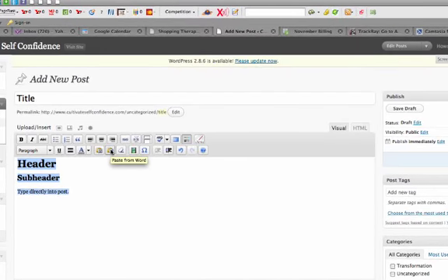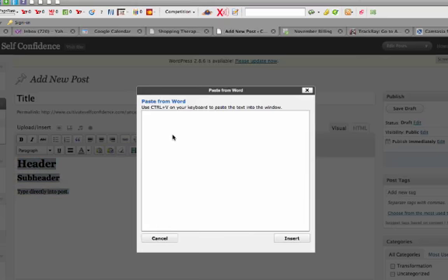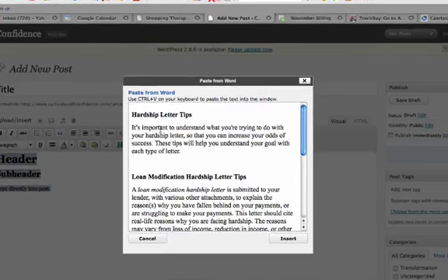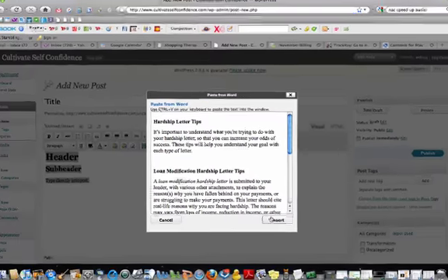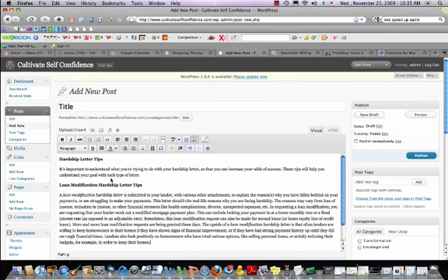I want to click that because that will strip out the Word formatting. If you don't strip out the Word formatting when you paste something in, and you paste it in by just doing Control-V, then it will have a bunch of code in there that could kind of mess up your site. So what I'm going to do then is hit Insert,